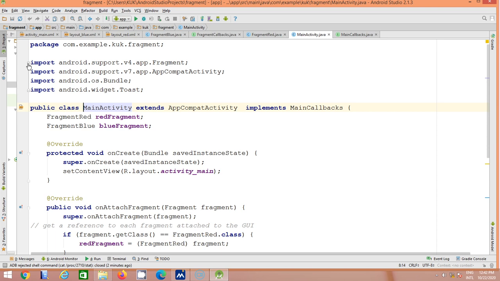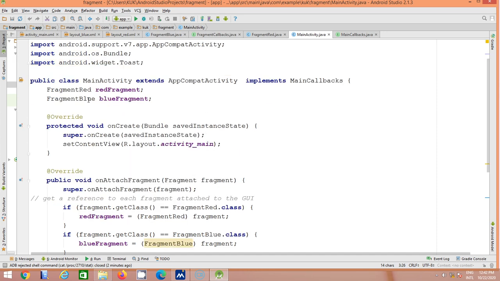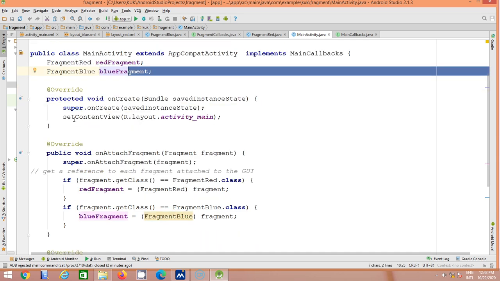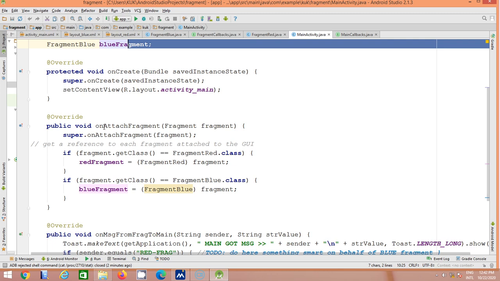We have to import some classes for toast and for the fragment. We have defined objects for the red fragment and the blue fragment. On create: super on create, set content view, then on attach fragment.